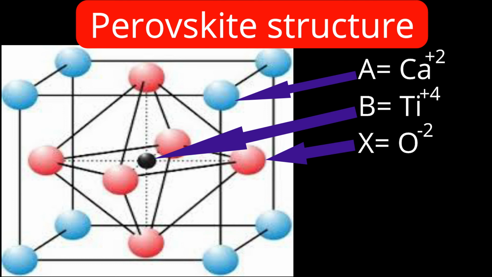Here, imagining the coordination number for calcium, that's 12, is difficult. Therefore, I have shown you the previous diagram. Even though, I will now try to explain the coordination number of calcium plus 2. Take any corner calcium plus 2 which is shown by the arrow. You will find it is surrounded by 3 oxide ions. Those are at the centers of the nearest 3 faces. That you can easily understand.